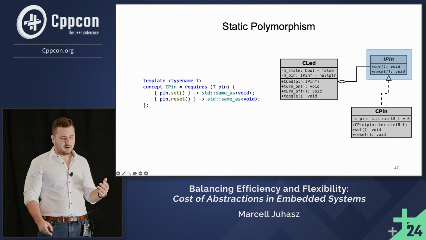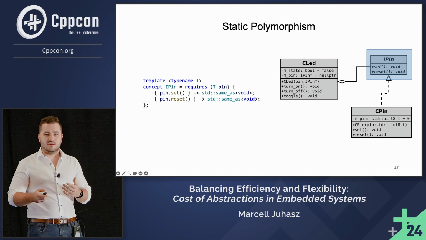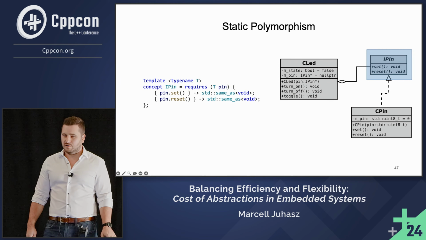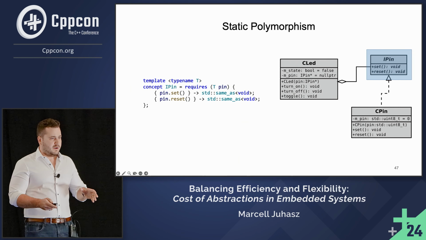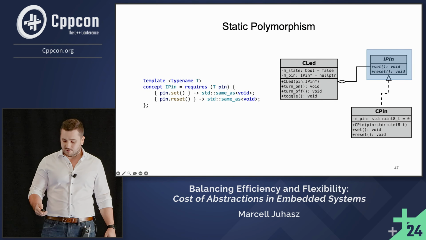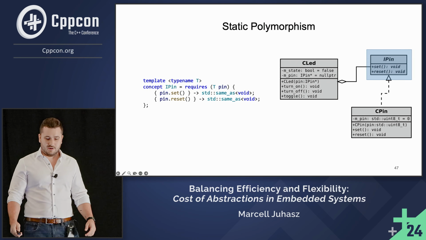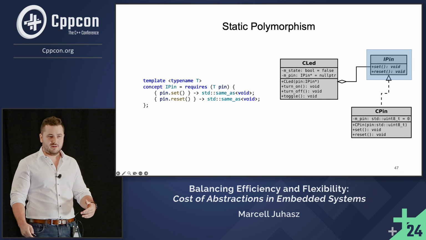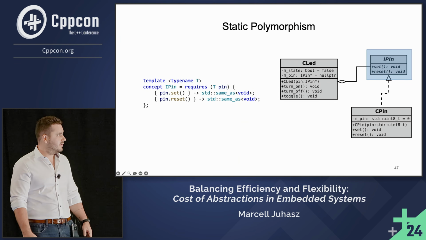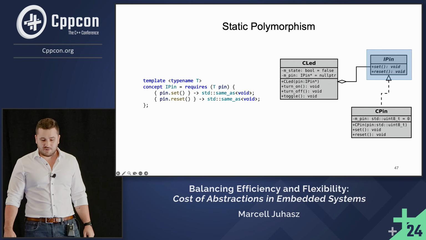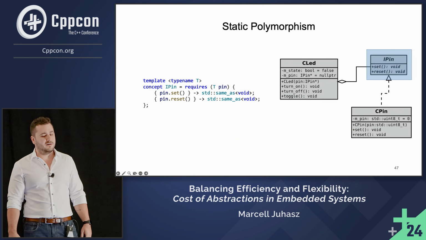As I've said before, we can use concepts to define these interface-like structures. These are not interfaces in the common sense anymore. These are a set of requirements or constraints that you can apply on template parameters. So for example, in this case, the IPIN concept requires any type that wants to satisfy this concept to have the set and the reset functions defined as they are represented here. I also must add here that